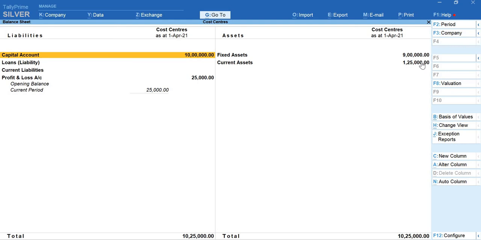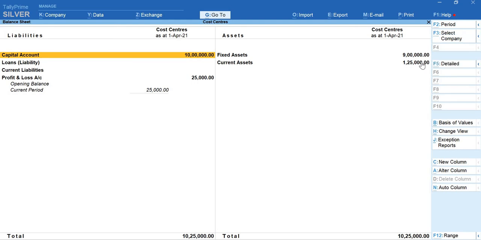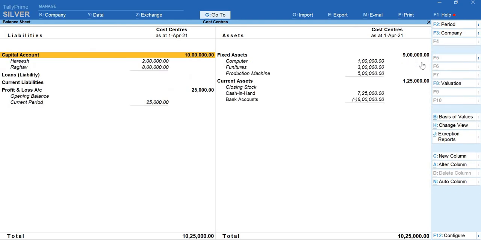So if you want to get into the detailed view, Alt F1 is the shortcut key. It will show you which are the capital accounts and what is the amount, which are the fixed assets, what is the amount. In current assets, its amount, and losses, its amount. So Harish 2 lakh, Raghav 8 lakh, summed up into total 10 lakh rupees.